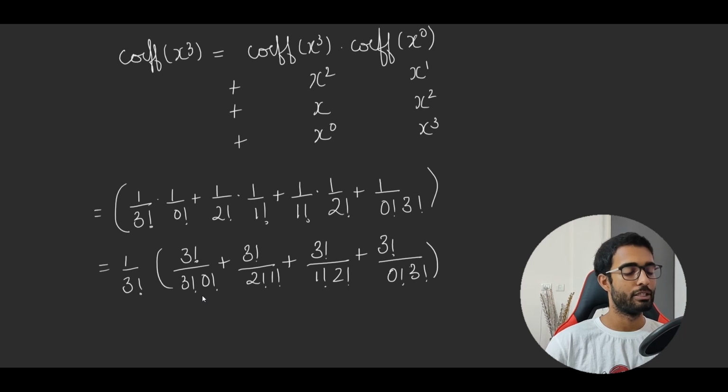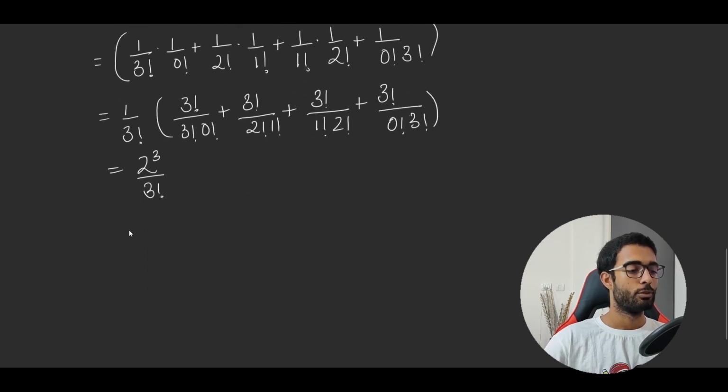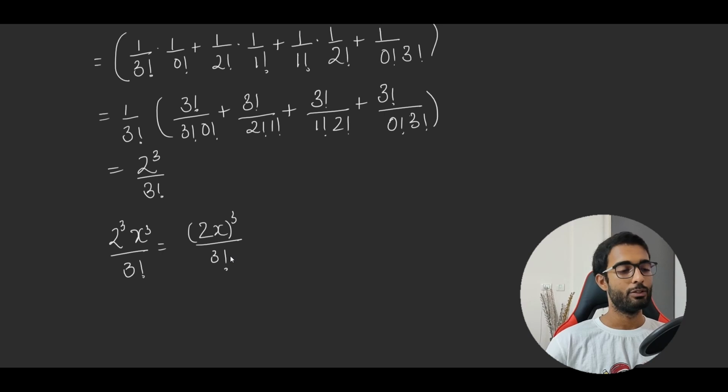This is the binomial expansion of 2 to the power n. So we can write 2 to the power 3 by 3 factorial, and this will be the term associated with x cube. So the whole term will be x cube times 2 to the power 3 by 3 factorial. Now we can take this 2 inside this and obtain this. The same thing can be done with all of the terms,